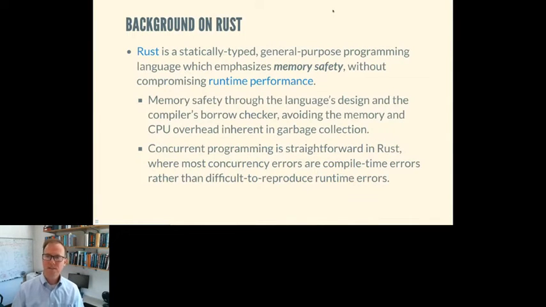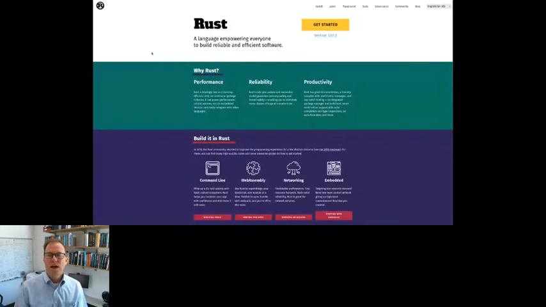Okay. So let's give some background on Rust. It's a statically typed general purpose programming language, and it emphasizes performance. So it does reach performance of C and C++. It's very close to the metal, very performant, yet it's also very reliable in the sense that it has some